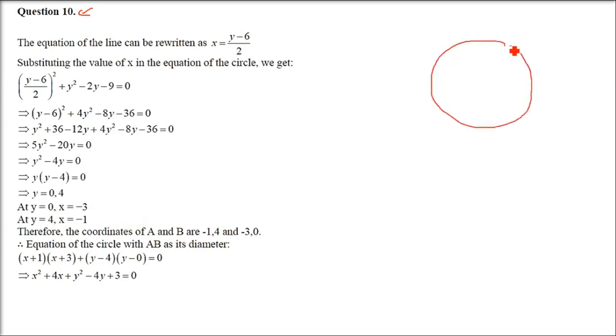So I'll tell you the two scenarios here. First, see that this is a line and the line equation is being given, which is 2x minus y plus 6 equals 0. This is our line. And this is meeting the circle at 2 points. These two are the points. So you have A and B as 2 points. So let me take this AB and now make a circle using AB as diameter. So you need the center first, and you need the radius. When you have the center and radius, then you can find out the equation of the circle.